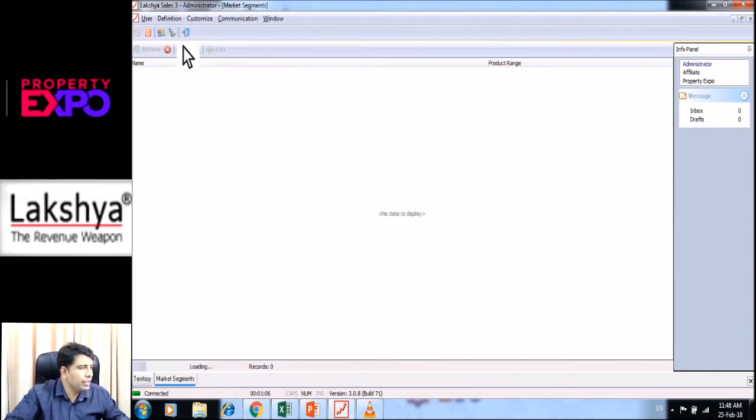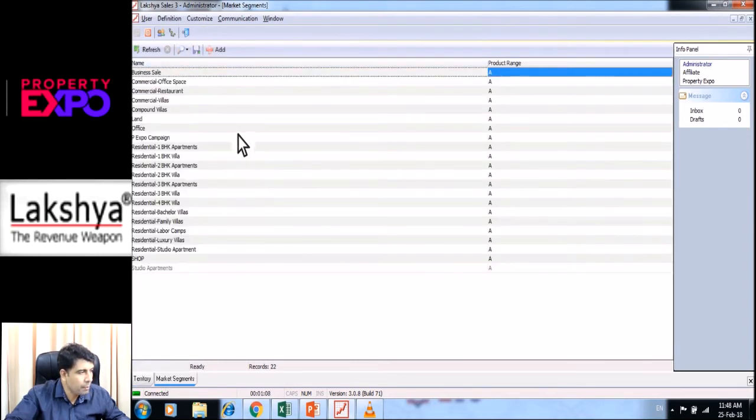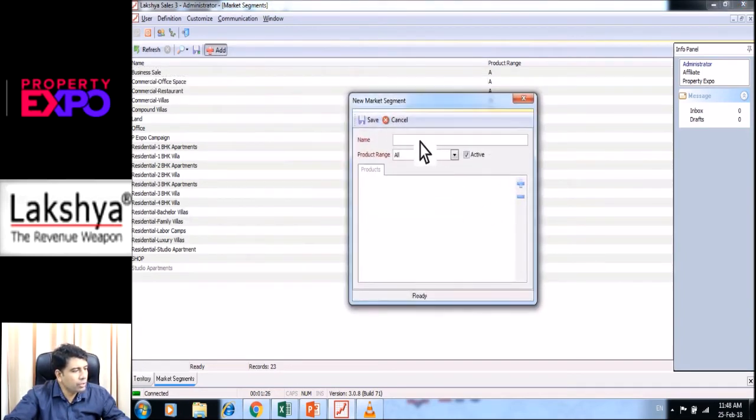So the second definition is the market segment definition. As you saw in the presentation of the LAKSHYA sales system, the market segment definition means the segments where you can sell your products. So you have all the segments predefined. If you want to add a new segment, click on the add button, just type in the name, and then